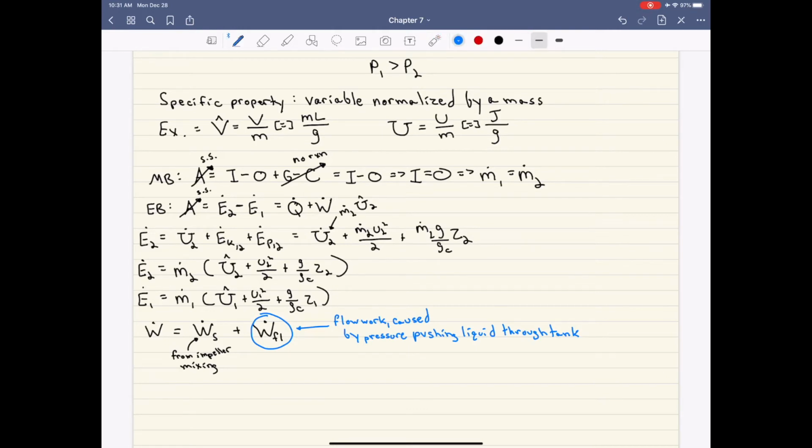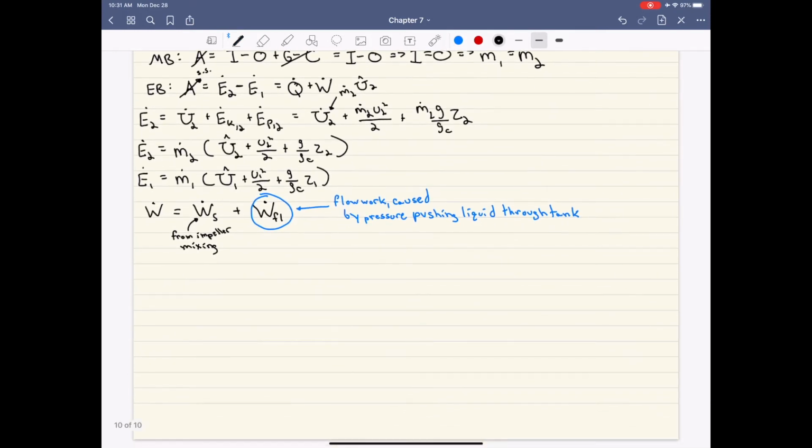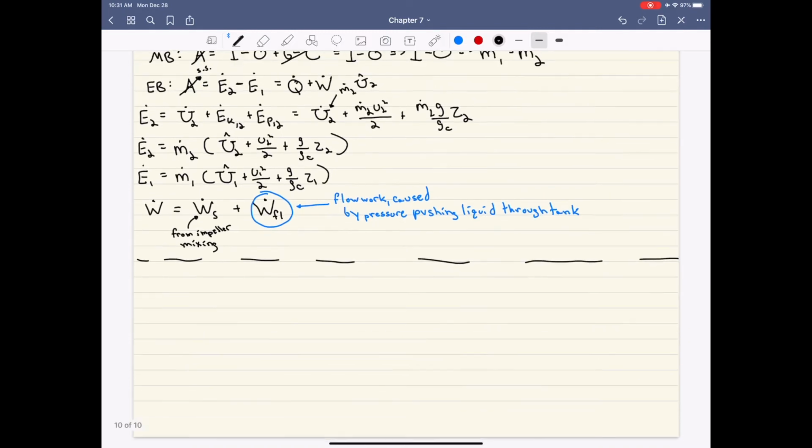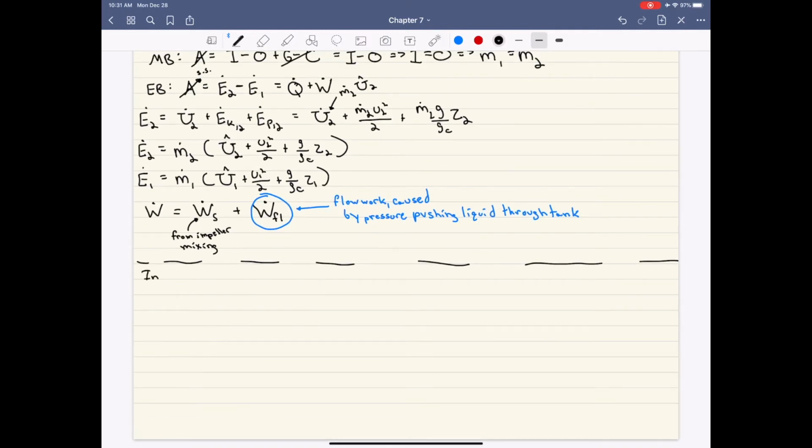As an aside, I want to at least define mathematically how we could describe the flow work. In general, if we have a process with j number of streams, some arbitrary number of streams, our flow work is going to be calculated by the product sum of the pressure times the volumetric flow rate